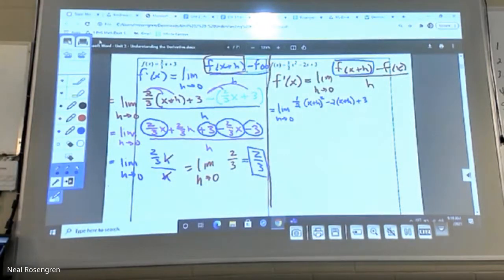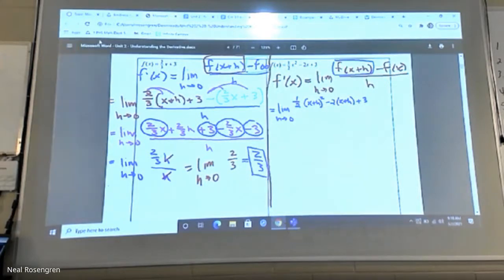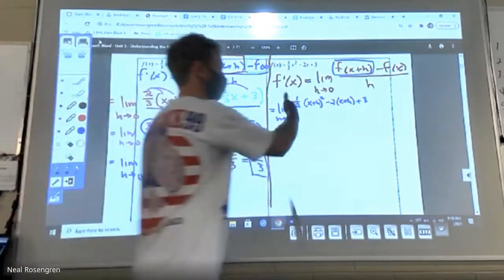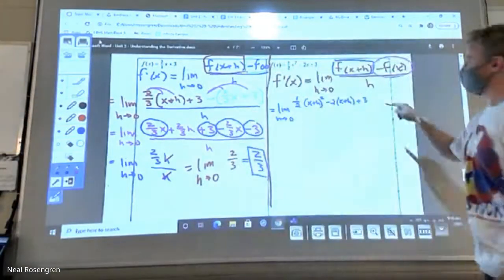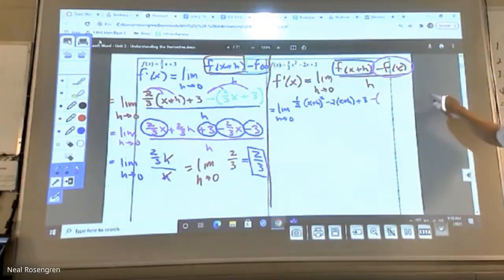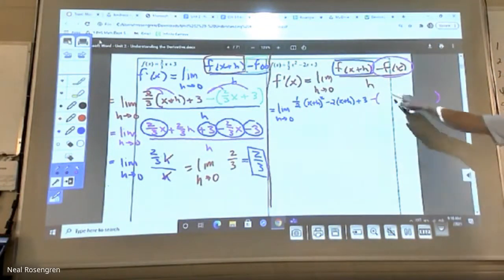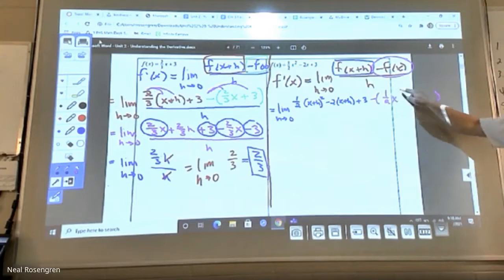And the thing that I see the most early on, calculus students that get this stuff wrong, is they just add a plus h at the end, rather than changing x to x plus h. Right? You're evaluating the function, so just be careful there. So there you go. What's in blue is what's boxed in blue. Now, what's in purple is me subtracting all of f of x. 1/2 x squared minus 2x plus 3.